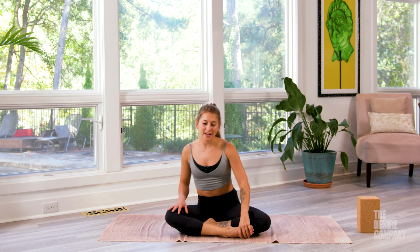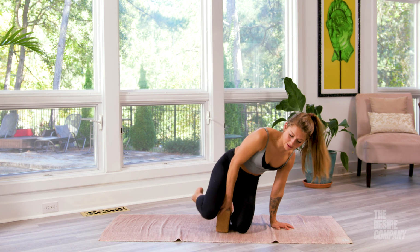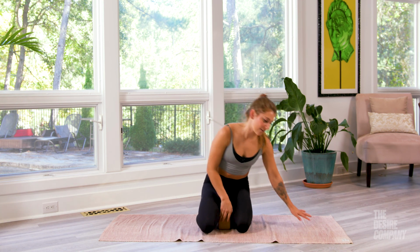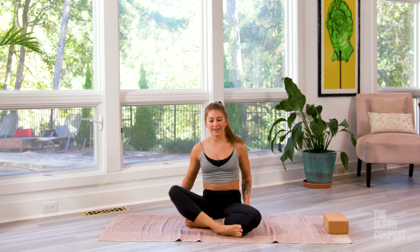You can cross your legs. If you prefer to kneel, that's okay. If you need a block to help you out, you can sit on the block, or if you're kneeling, you can bring it beneath your legs to sit on, whichever is best for you. Take a moment to find that best position and pulling your chest forwards. We're going to close our eyes